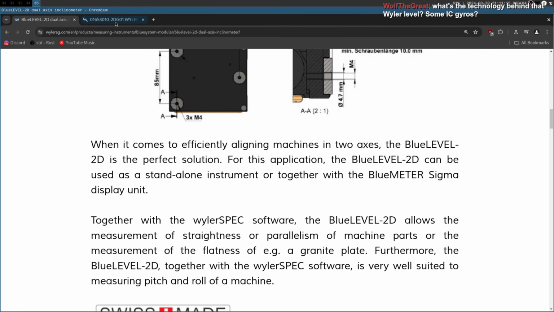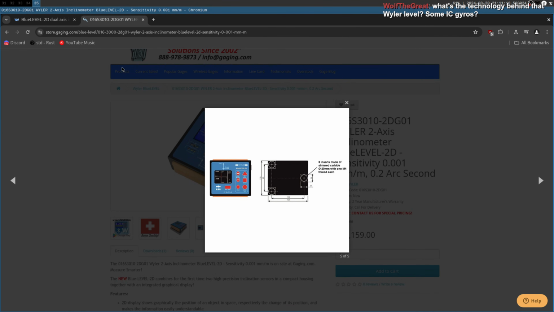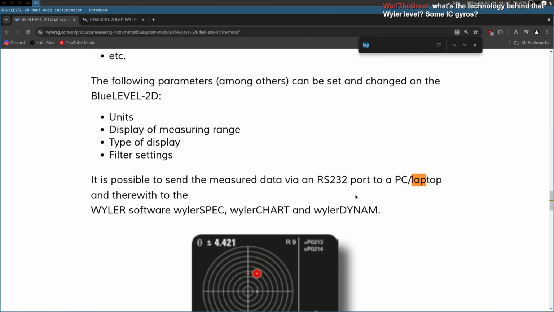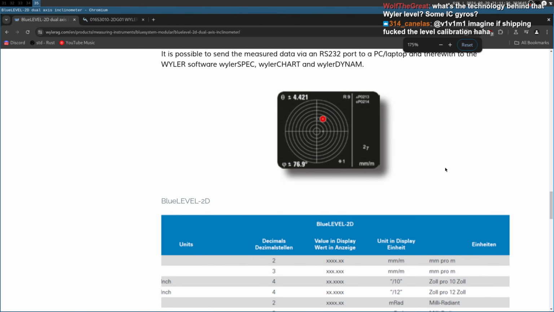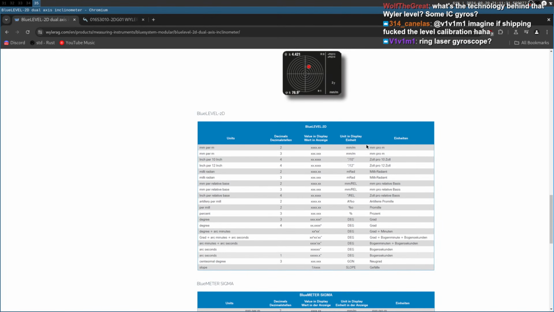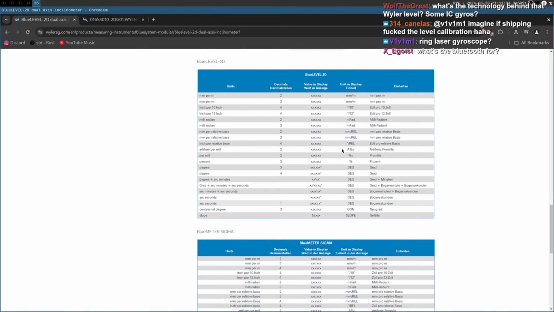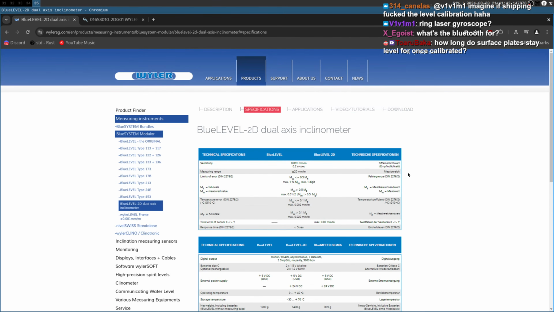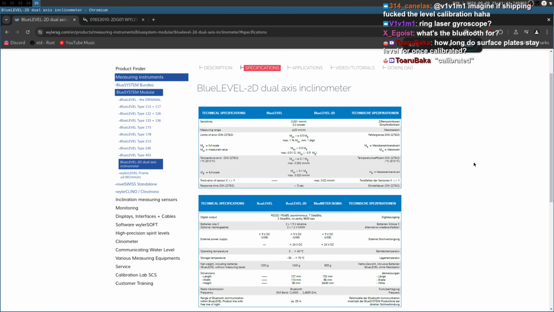So yeah, those are going to be sintered feet, sintered carbide that will probably be lapped, I would imagine. I'm not 100% sure. They're probably lapped. So yeah, let's see. What are the specs? Yeah, so the specs, 1 micron per meter, measuring range of plus minus 20 millimeters per meter, which